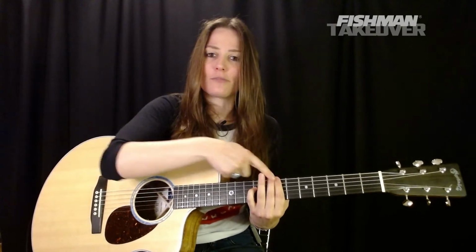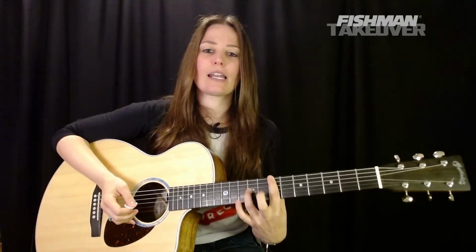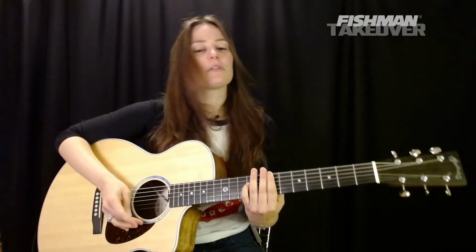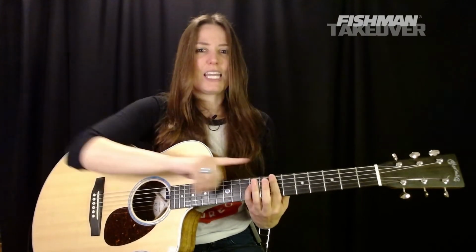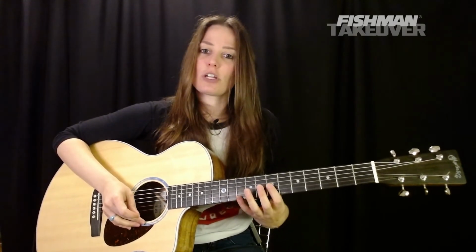And see how I'm just getting those two notes. Okay, so again, I see a lot of folks do this. I feel the balance of the hand feels a little bit more comfortable this way. Plus, when we get up into the higher registers, something we're not going to do today with octaves, it's good to keep this in mind. Once we get to the root note being on the D string or the G string,